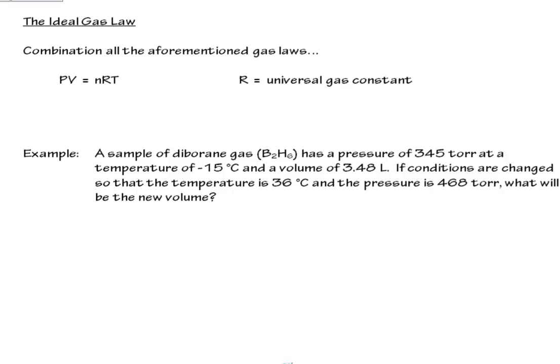R is called the universal gas constant. There are different versions of R depending on what units you're given with your other data. For example, here are the versions that are given in your AP packet. Be aware, there are a few different forms of R. Some of them are used in thermochemistry. The two that you'll want to use now are either